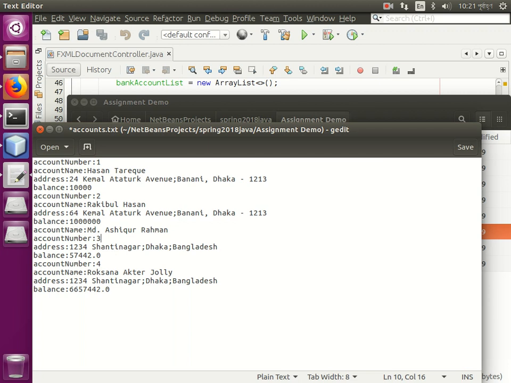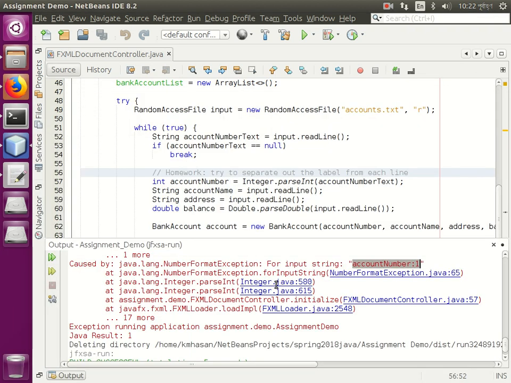Why is it important to write them in a particular sequence? The user may not retain that sequence. Our program will crash because we'll be expecting the account number first, then the account name. Okay. So we can be flexible about that as well. Right now we're not. So what I want to do is I'd like to rewrite this part so that each